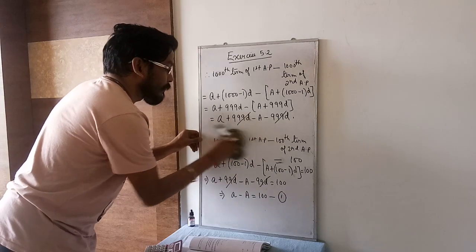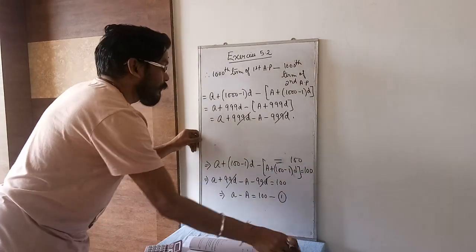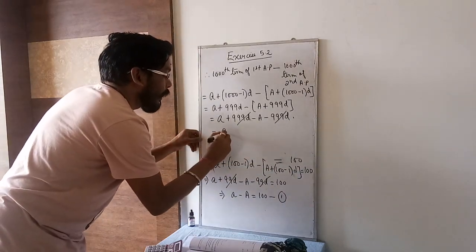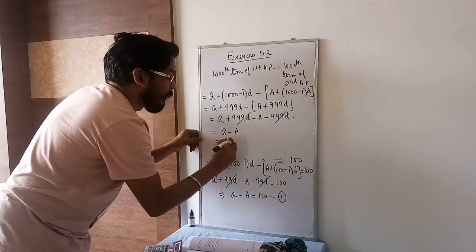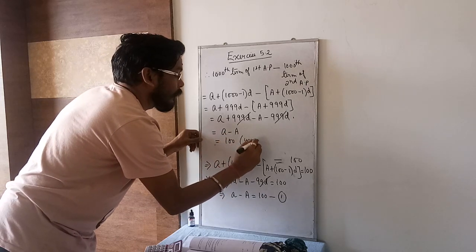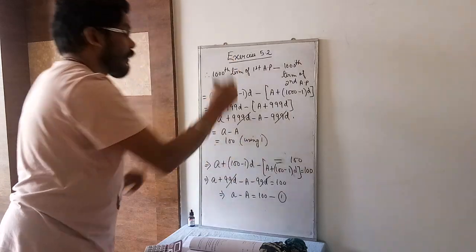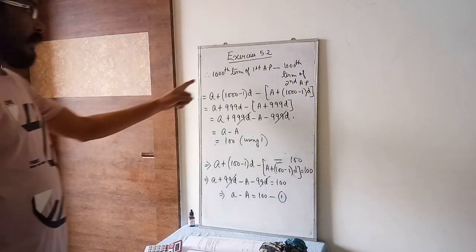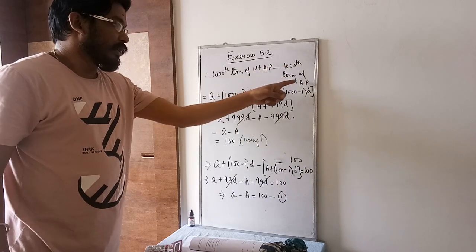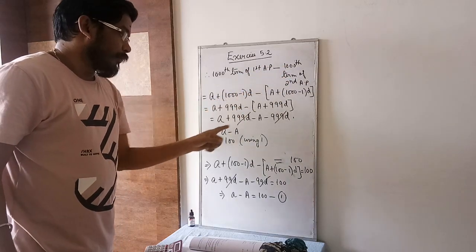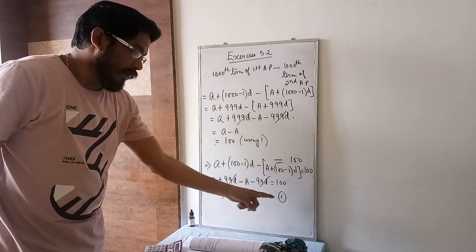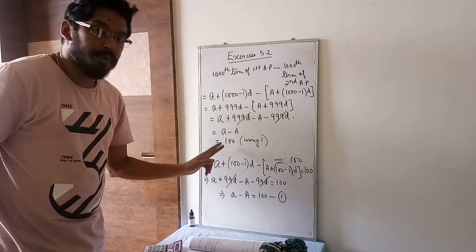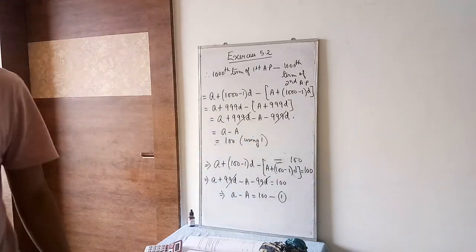Let me rub this part. So your final is what? a minus A, and the value of a minus A you got is 100. You can write here using equation 1. So take the screenshot, hope it is clear. 1000th term of the first AP minus 1000th term of the second AP: put the general formula. Ultimately you will get a minus A, and the a minus A value you got as 100 in equation 1, you put here using equation 1.